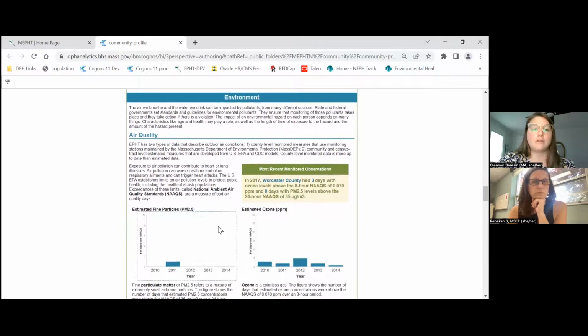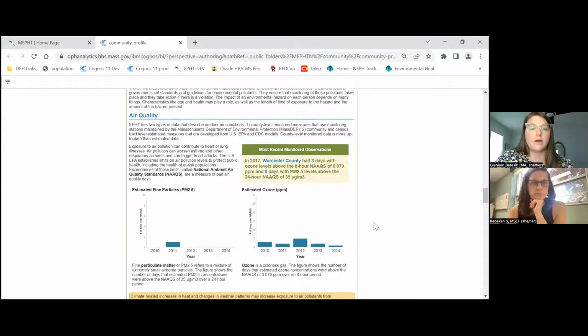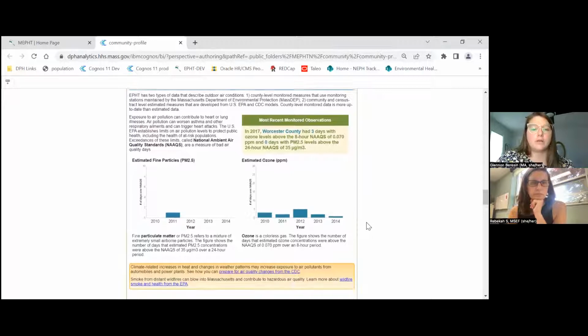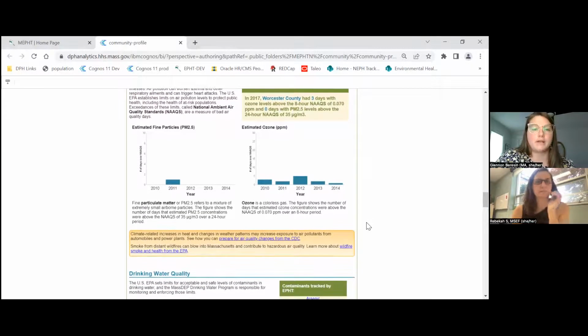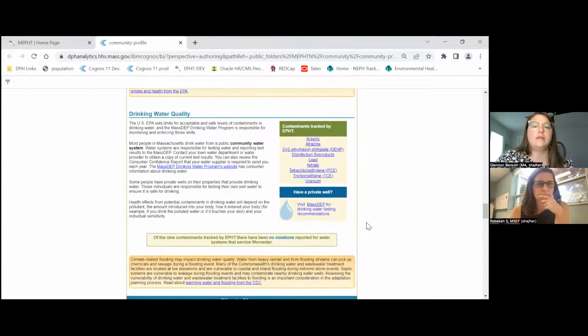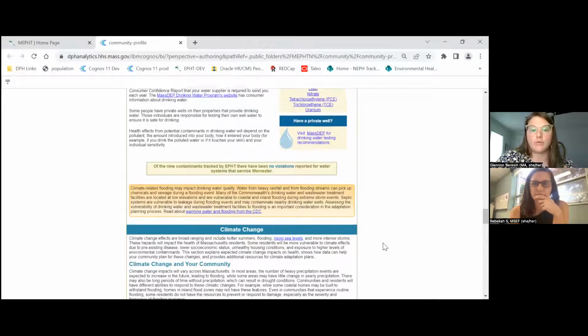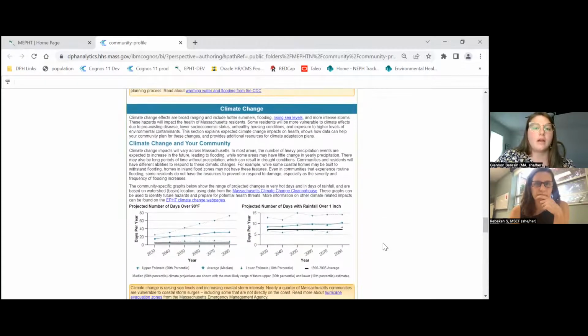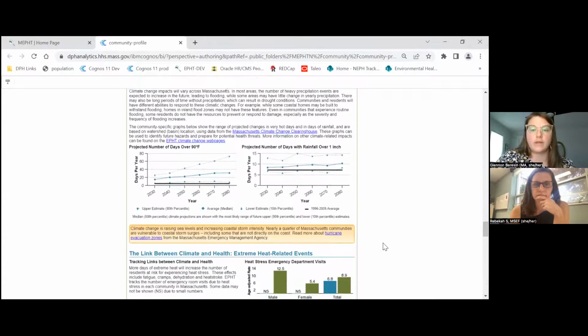And then from health, we move into environment. And again, this isn't everything that we have on tracking, it's just select indicators. And it's a good place to start because even this has a lot to go through. And from here, you can make select decisions about what you'd like to look at on the tracking portal or the tracking website. So air quality, water quality, no violations in Worcester to report of the 9 contaminants we track. And then a whole section specifically devoted to climate change as it relates to health and environmental health.